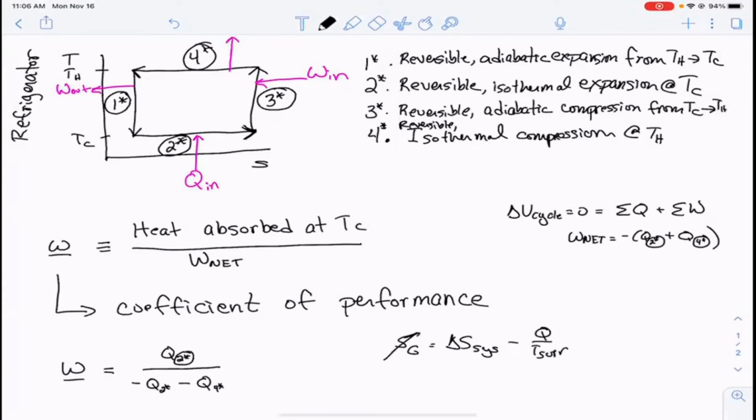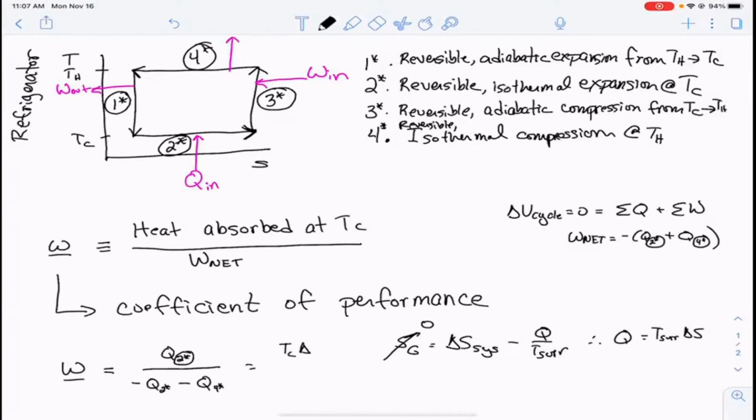Well, remember, these steps are reversible. And therefore, what that means is that the heat in any one of those steps just equals T surroundings times